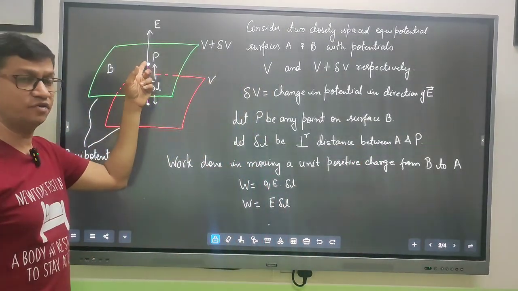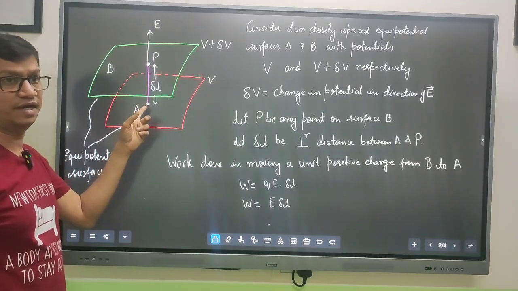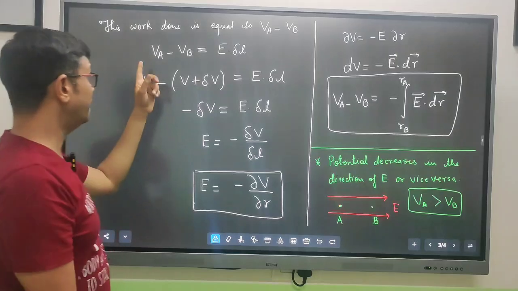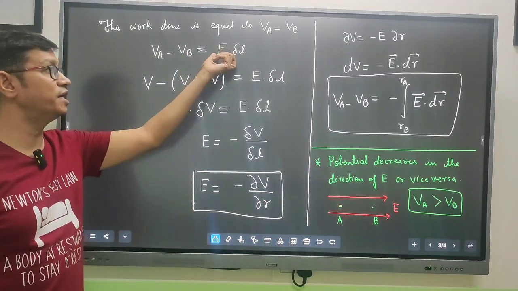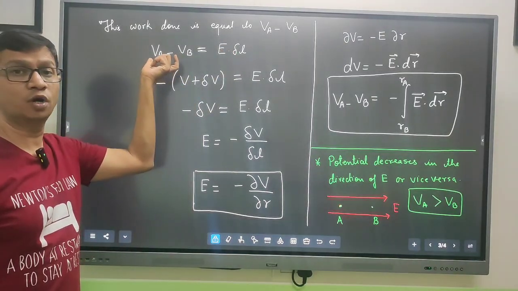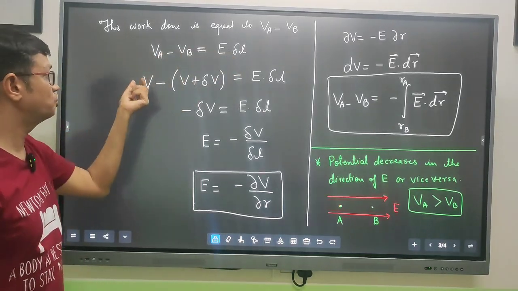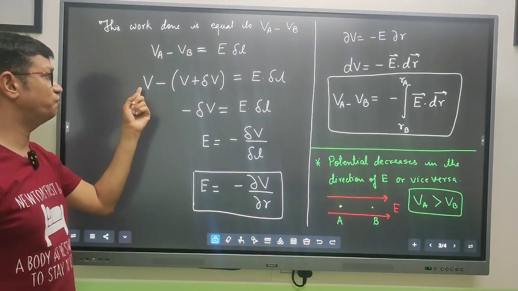We started at surface B and now at surface A, right? So this will be VA minus VB. So VA minus VB has to be equal to E into delta L, because this is by definition the work done in moving a unit positive charge, E into delta L. So if you put VA as V,